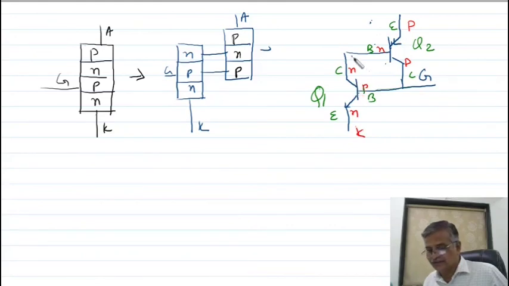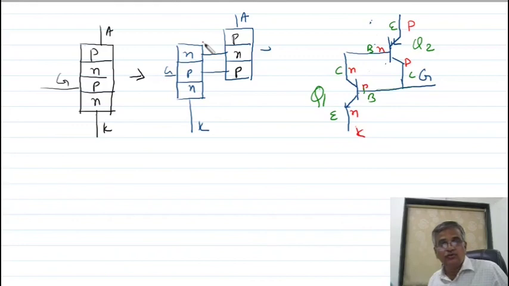When Q2 conducts, its collector current is more, so it conducts heavily. If it conducts heavily, its collector current is the base current of Q1, which then conducts heavily, and its current is the base current of Q2. This is a repetitive process, so the gate loses control, and a large value of current will flow when the SCR turns from off to on state.